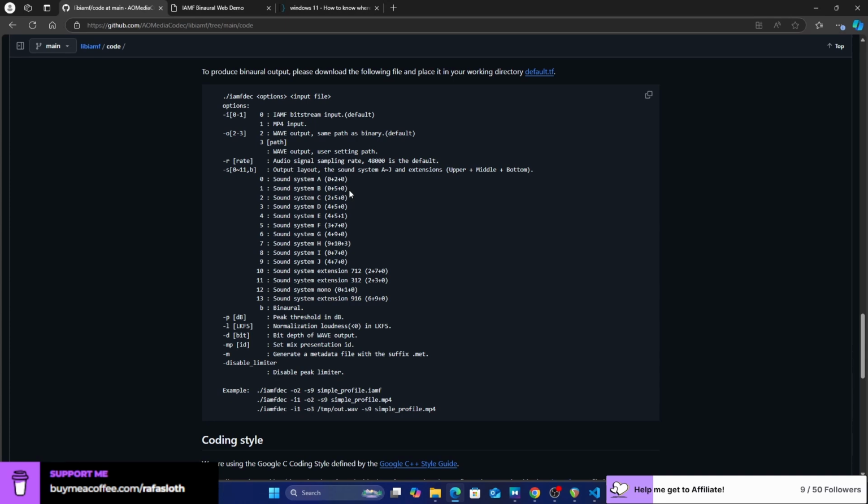Some movies out there come with multiple tracks of audio, and they actually have fallback tracks. So let's say you have a sound system that is not Atmos. They have a fallback audio track that is stereo, and it will play in pretty much anything.